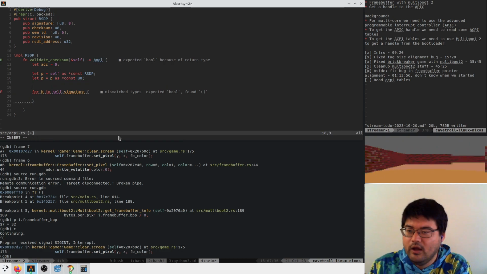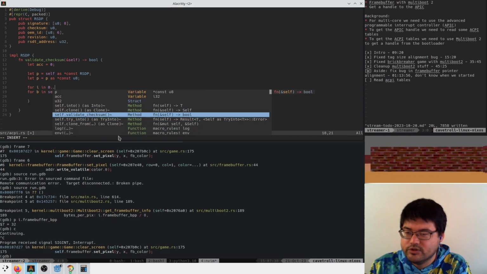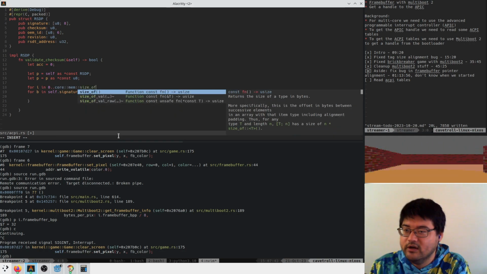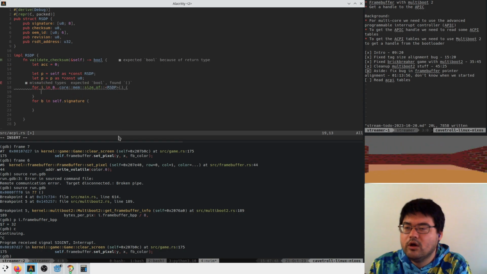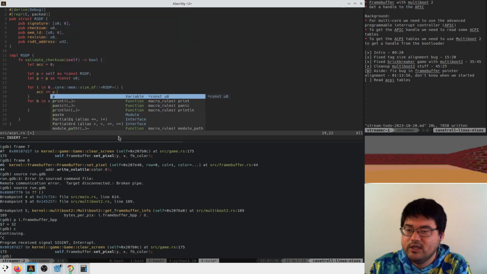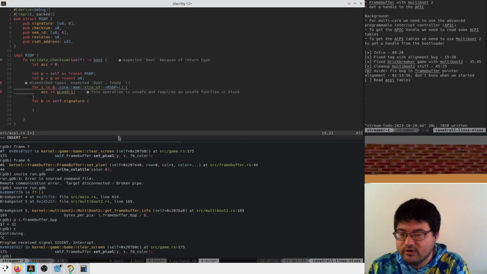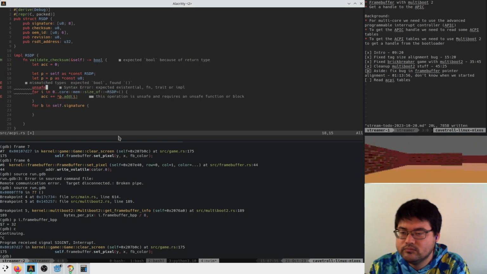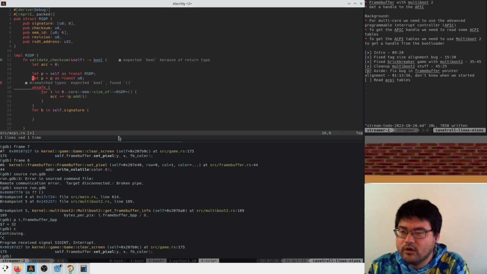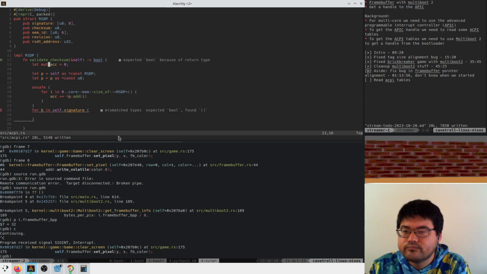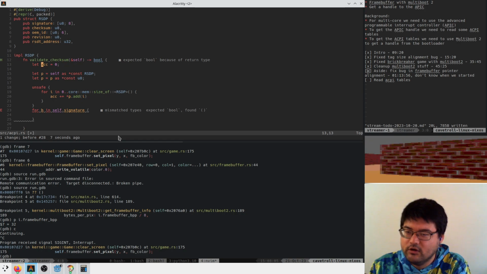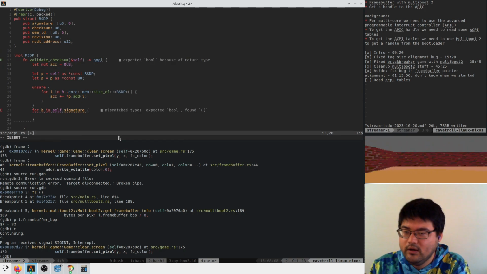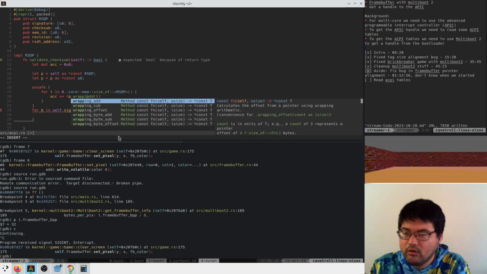Then we say for i in 0 to core mem size of rsdp, we say ac plus equals p.add(i), and we dereference here. Great. And I guess we call it a 0 u8, and we're going to say that this is a wrapping add. Great.